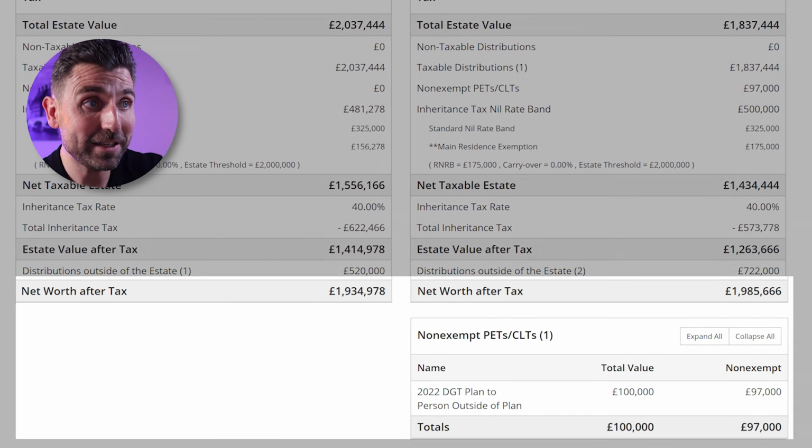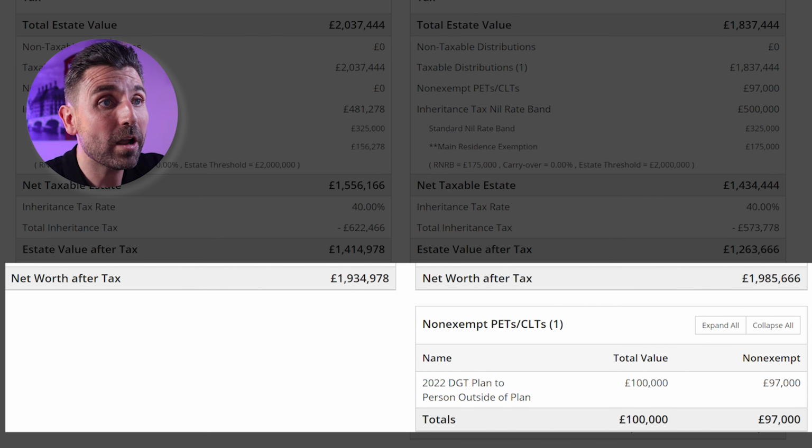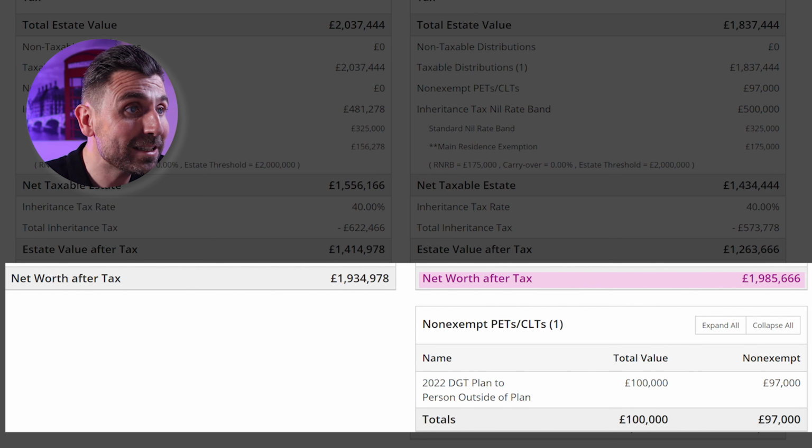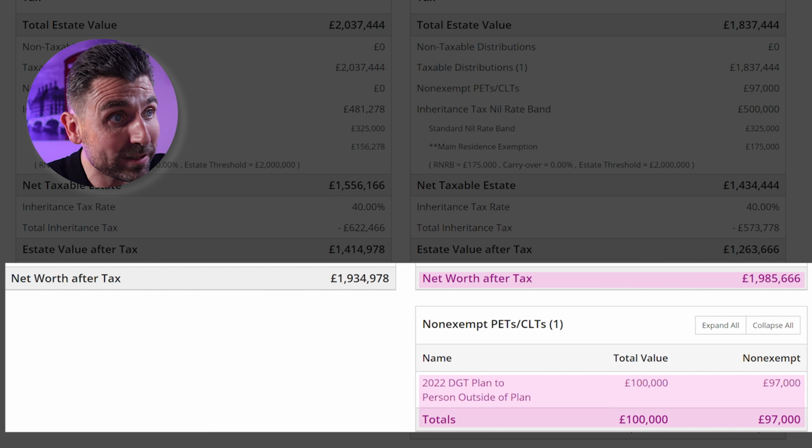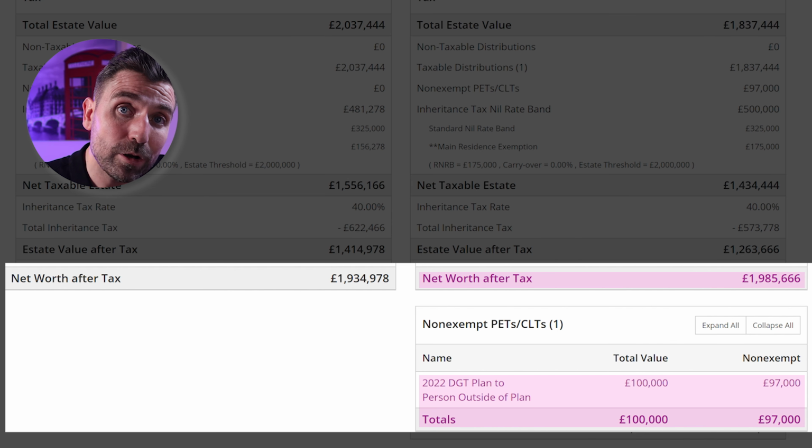As well as that though, the immediate net worth position has improved by over £50,000 because there's that instant inheritance tax saving due to the DGT discount. So as you can see, it is still possible to improve your tax position with trusts without losing access to